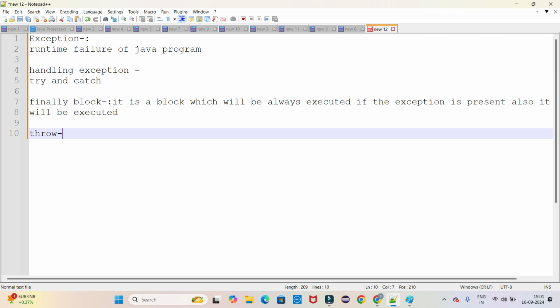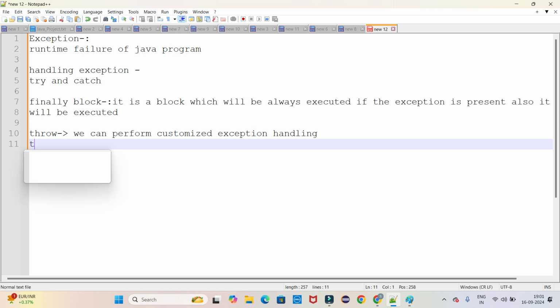With the help of the throw keyword, we can perform customized exception handling. And next, this throws keyword,